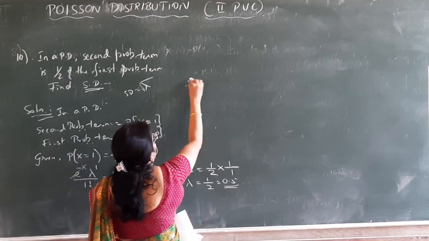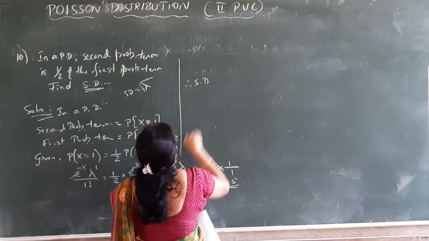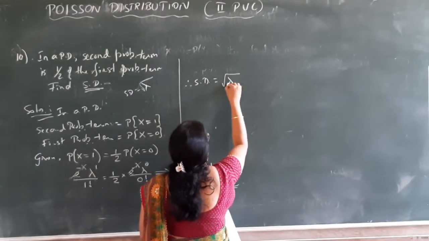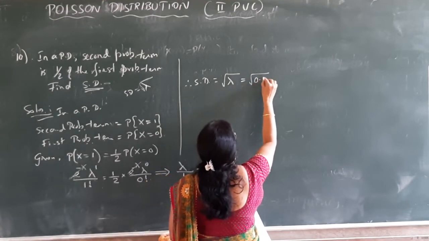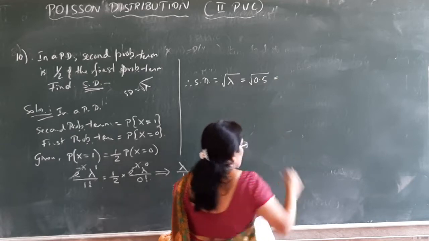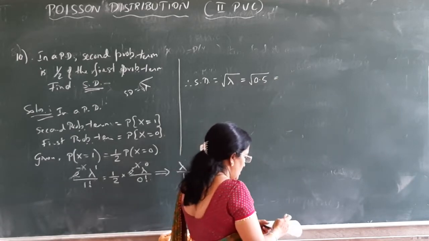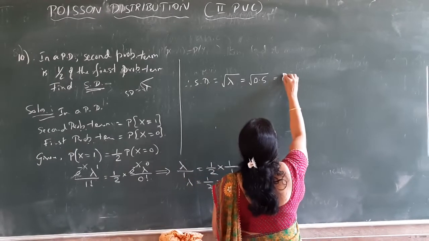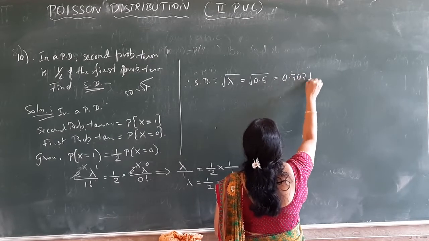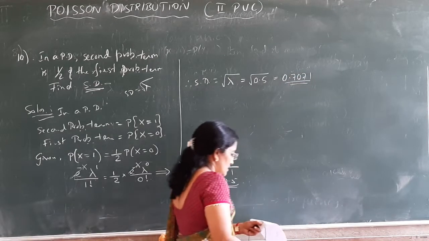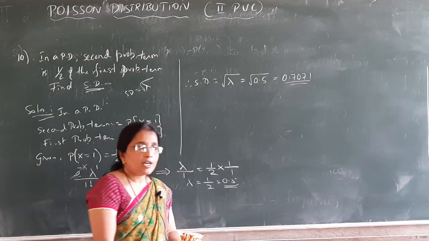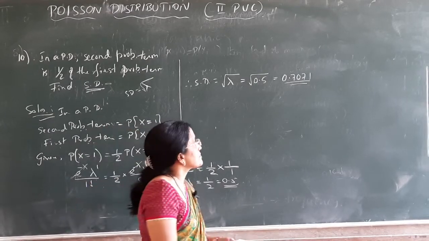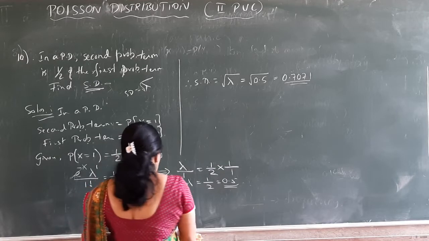Next, therefore standard deviation is equal to root lambda, is equal to square root of 0.5. The answer is 0.7071. So now we solved 3 problems. All are very, very important questions. Next question is